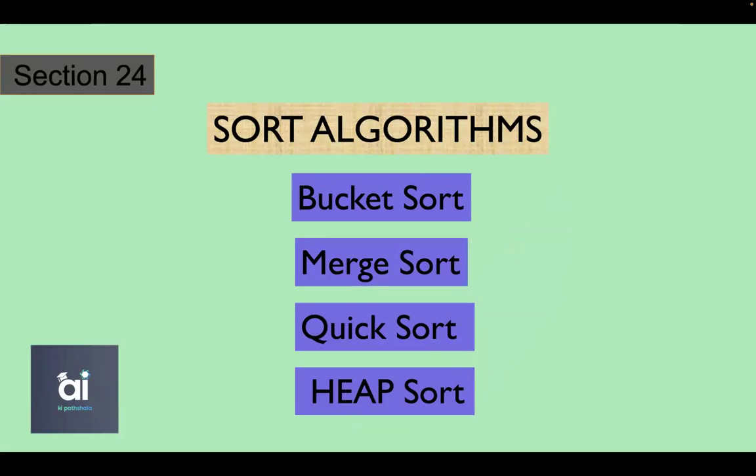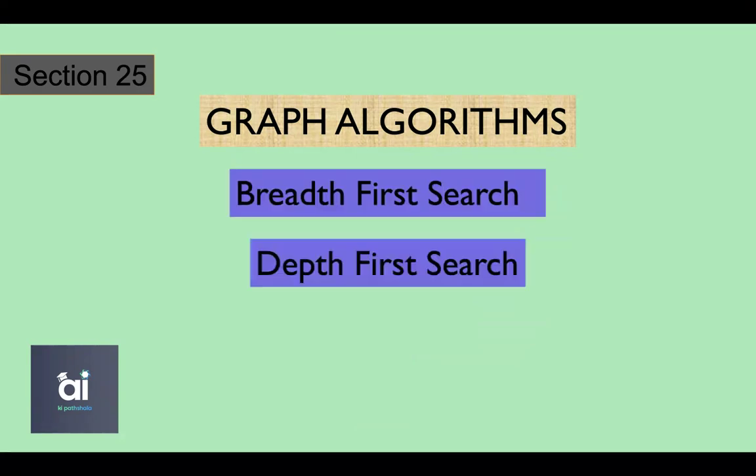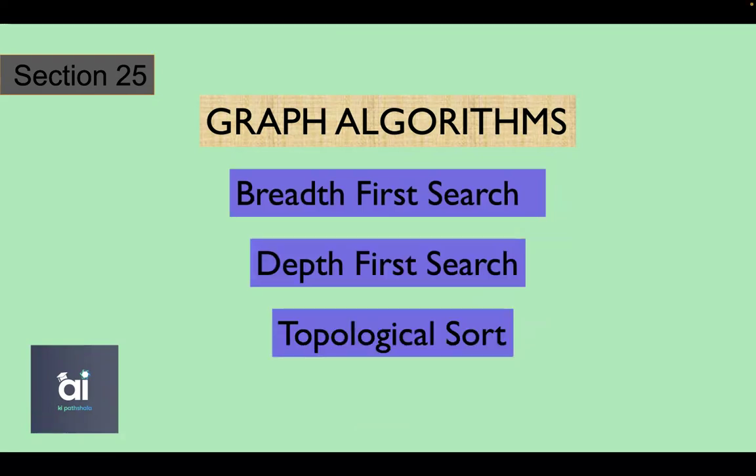Then from here, we go to another detailed section, which is called graph algorithms, something that a lot of people are intimidated by. So here first we start to explain graph data structures and how to implement them using Python. Then we continue to implement graph algorithms like breadth first search and depth first search, which use graph traversal, and then we continue to find topological sort for a given graph.